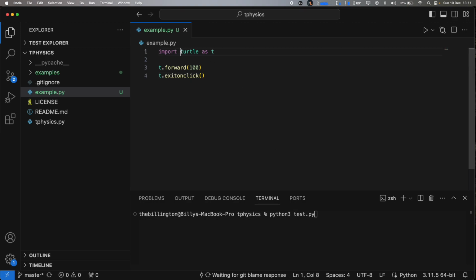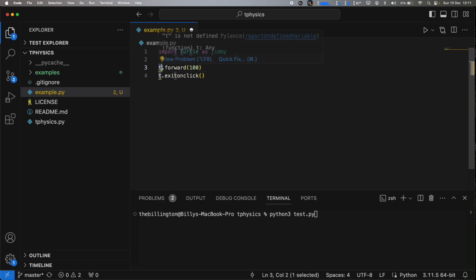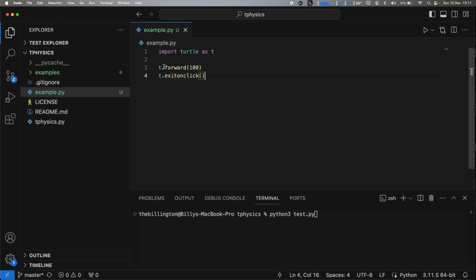So the first thing I've done here is I've imported a turtle. Now my turtle is a little friend that can follow instructions. I've given him a name, T. I could call him Jimmy if I wanted, and then I could give Jimmy instructions. But I've decided to call him T as it's quicker to write. So here I've given Jimmy an instruction to go forward, and then I've asked him to wait or only exit